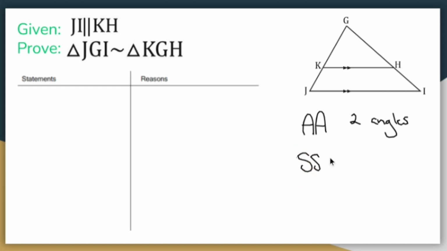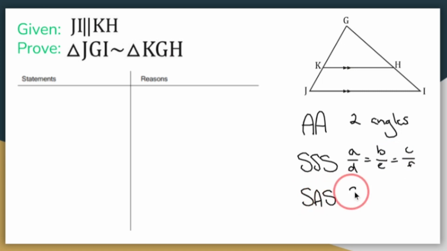And you might be thinking, isn't that a congruency one? Yes, it is. But what we're talking about here is ratios. So if I have a triangle with sides A, B, and C, and if I could show that the ratio is congruent to sides D, E, and F, then I have myself SSS. The third one is SAS. So if I could show that two sides are proportional, and if I could show that two angles are congruent,